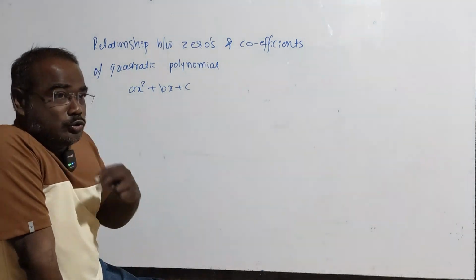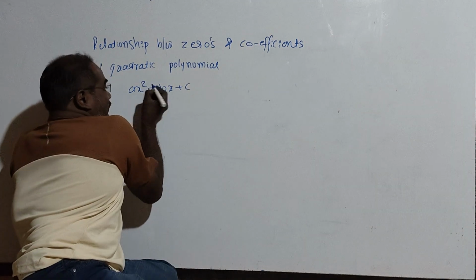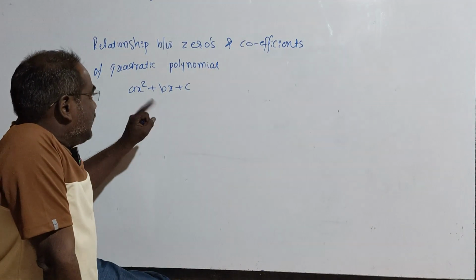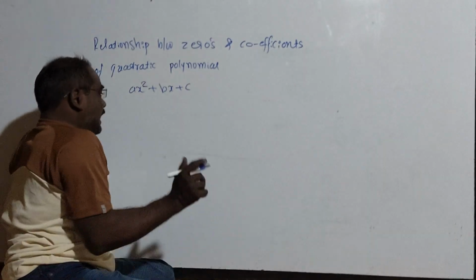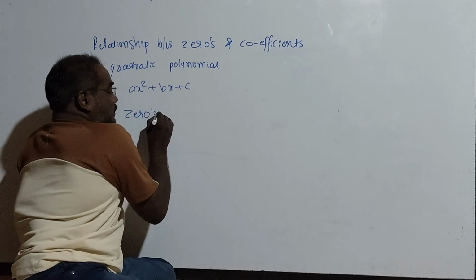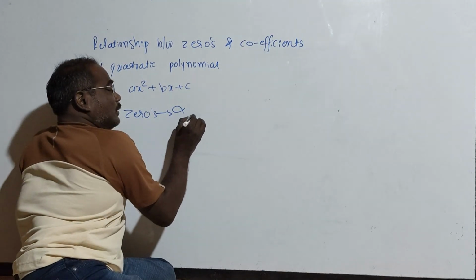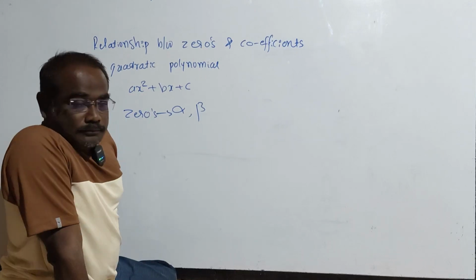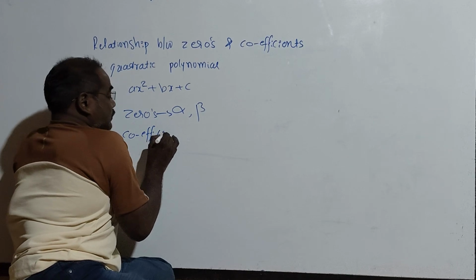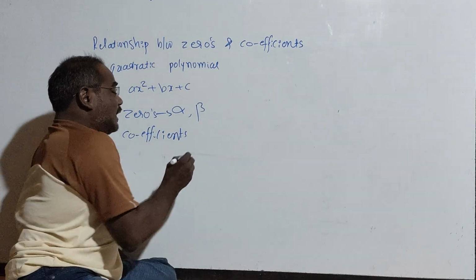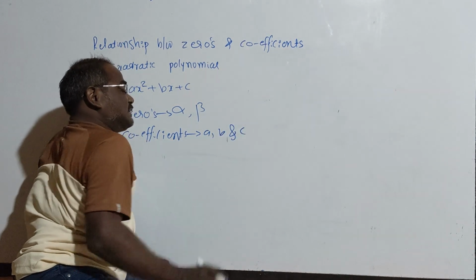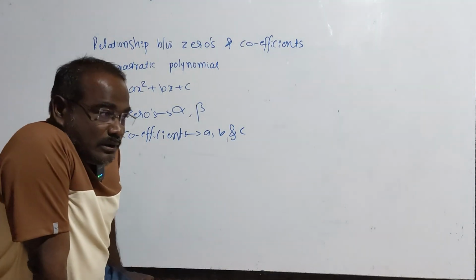Quadratic polynomial has two zeros, right? Because order of the quadratic polynomial is 2, so it has two zeros. Zeros are alpha and beta. Here coefficients are A, B and C. There are relation between